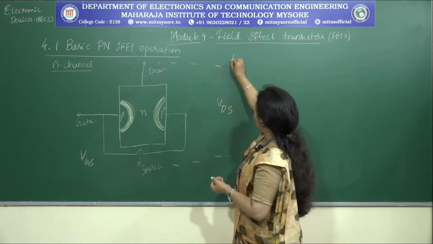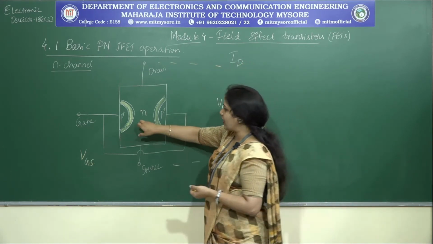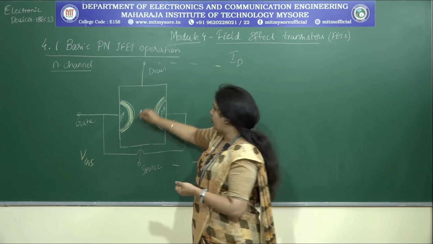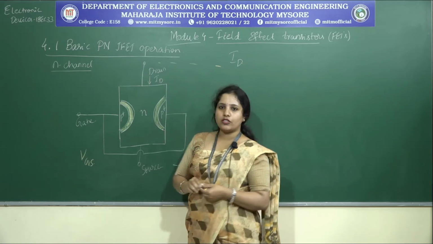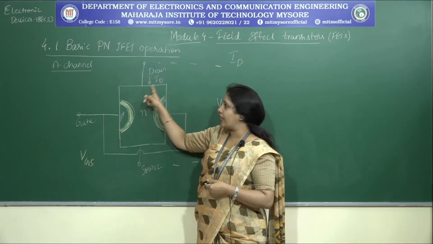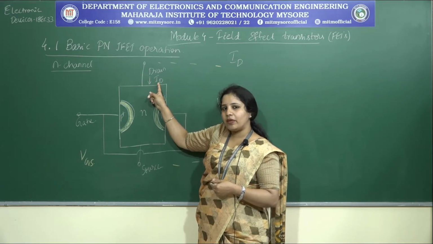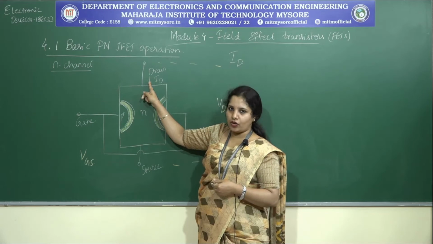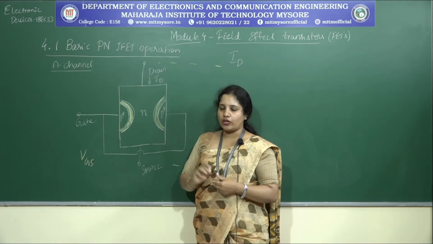Now, how will I represent that drain current? It is ID. If I consider an N channel, then the drain current flows inwards, just like the way I have represented it. So, like this I will be indicating, and this is how I will be representing ID. If I am considering a P channel, then the direction of ID reverses. The polarities that have to be followed for VGS and VDS also alter.